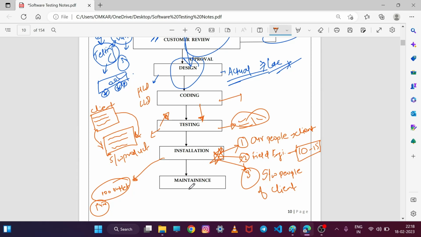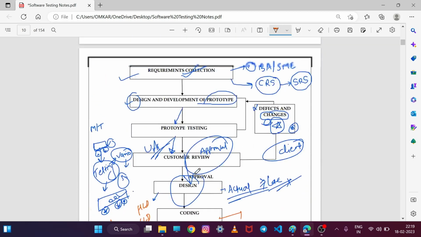And after certain days of after installation, what we do is the maintenance of that product. After certain days of uses, like 1 year, 2 year, or 6 months, if the customer finds that some bugs or defects in that software, so he send back that software product to company for bug fixes. Okay, or if you want to changes, if you want to add some features, or if you want to delete some features, so this comes under maintenance part. Okay, so this is known as the phases.